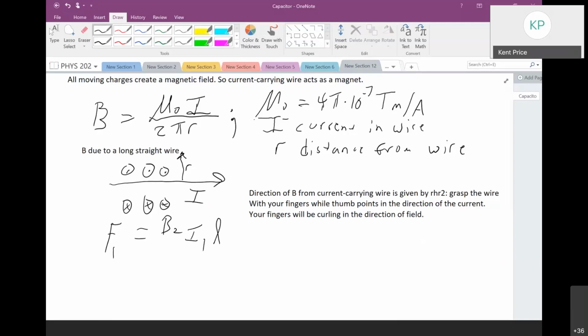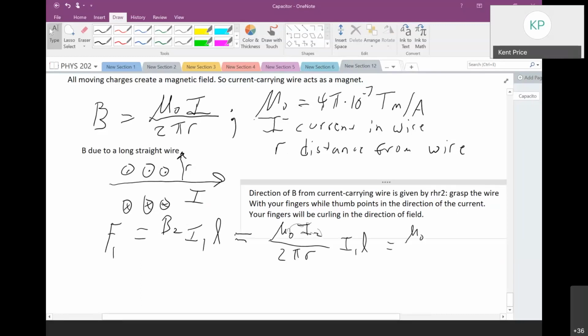So let's substitute in the equation up at the top of the screen for B2. Now I have mu0 I2 over 2 pi r, where r is the distance between the two wires. I still need the I1 L. Now I can combine terms, and I have mu0 times I1 I2 L over 2 pi r. And actually our book,